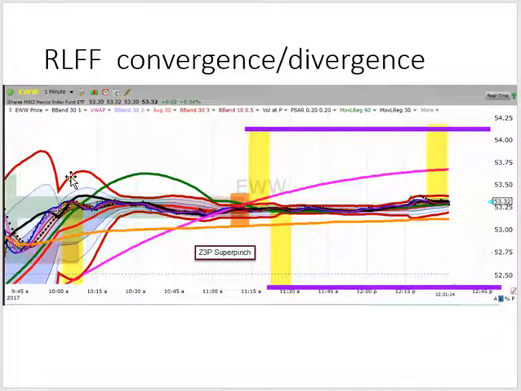Quick flashcard on RLFF convergence and divergence. So in the morning with a gap up and an excursion upward, the maximum excursion of the RL10 from the RL270 is this yellow distance. That's identical to these yellow distances. So later in the day when we get the Z3 pinch occur, and then the Z3 super pinch when the 270 joins,